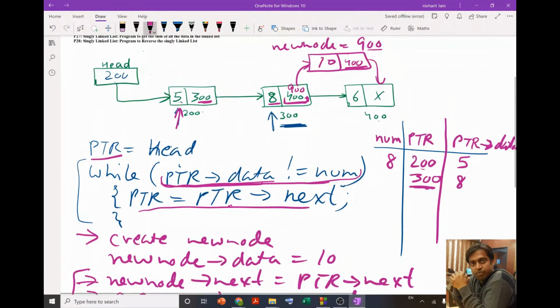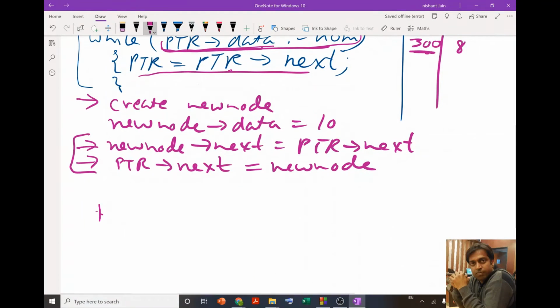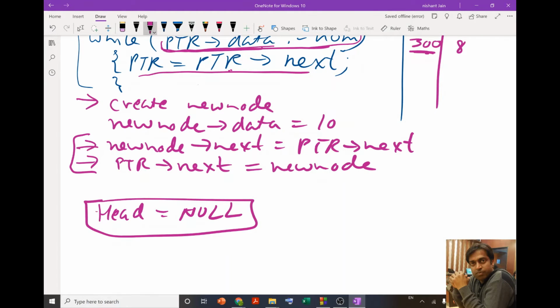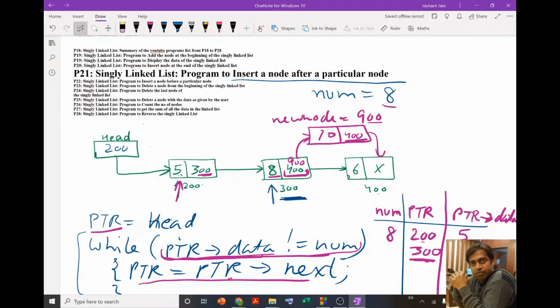Right. Now apart from this, there may be one problem. Suppose we have head equals to none, means suppose our linked list is empty, and the user wants to insert a new node after a particular node. Since our linked list is empty, it is not possible because there is no node in the linked list.